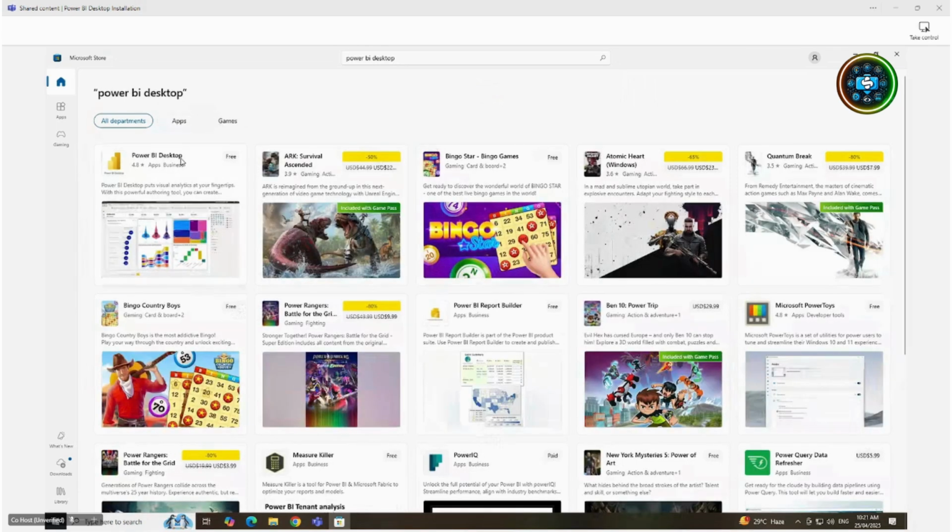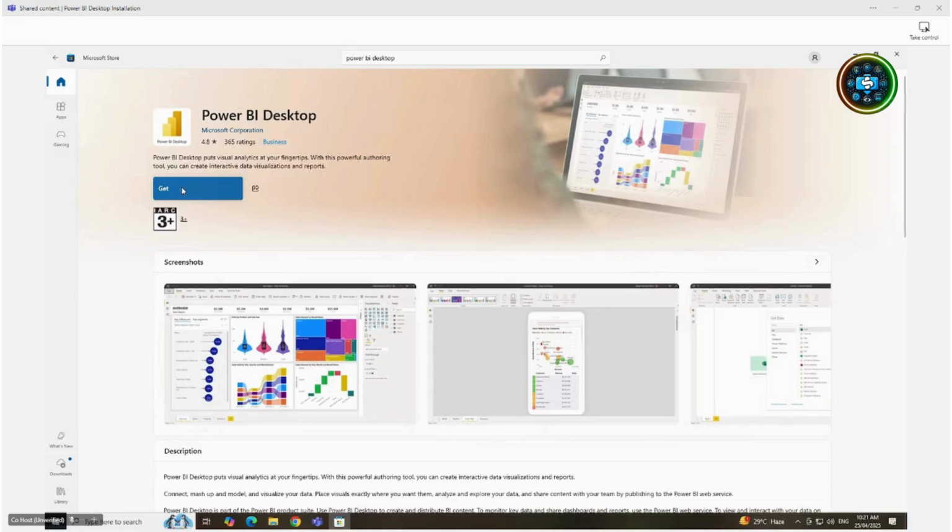You will have this Power BI Desktop, and when you click on that, you have an option to get. It's a free version, you can easily install. Just click on this and then install. This is one method. This is a recommended method if you are working in an organization, because